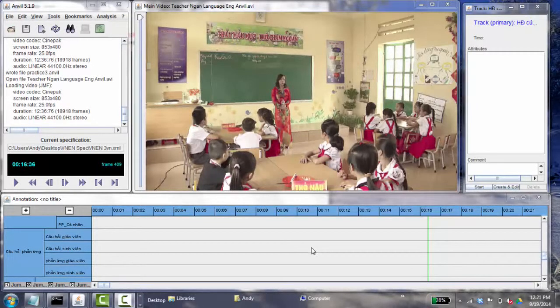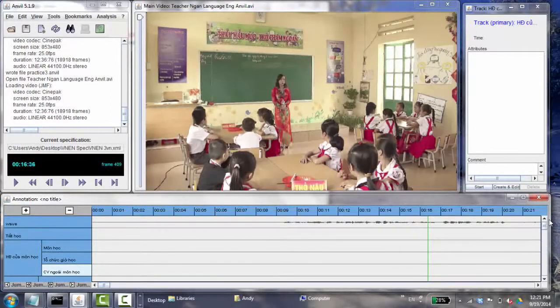Bit about some of the basics of Anvil. What is a track? What is an element? We also discussed how to record aspects of the video, how to create an element, how to make a track point. For this session, I'm going to go into a little bit more detail about some of the technical aspects